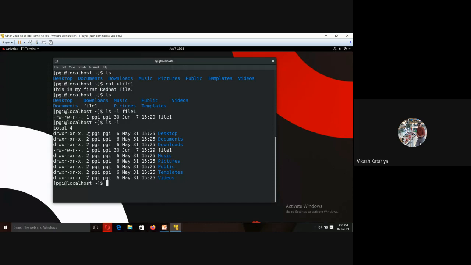The second field tells us it has a link count. Next is the root user. Next is the account with which the user can log in. So our login account is also PGI and the root account is also PGI.